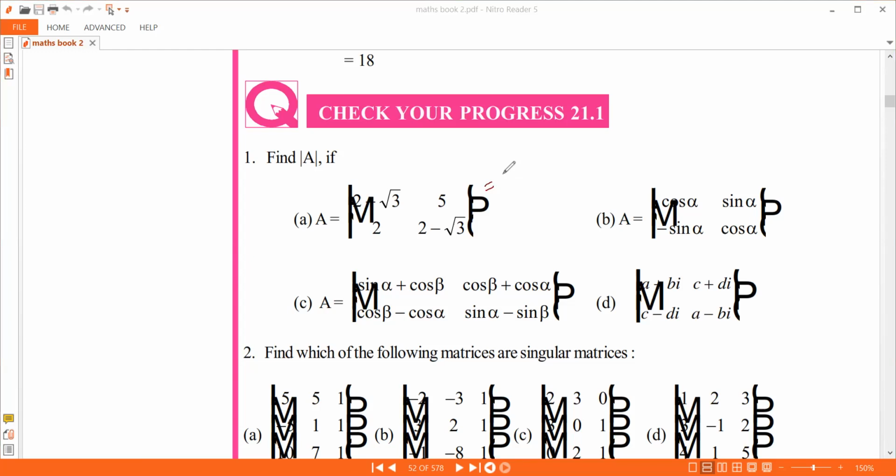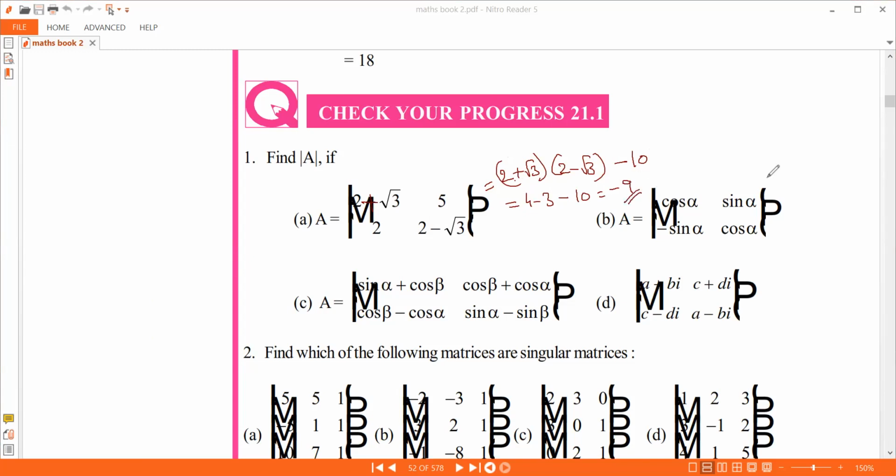So let's see this. This is 2 plus root 3 into... I think it's minus, no? Okay, 2 minus root 3. This, right, 2 plus root 3 only. They'll give it like that: 2 minus root 3, minus 2 into 5, that is 10. So this is 4 minus 3, right? A plus B into A minus B. 4 minus 3 is 1, minus 10. So it is 1 minus 10, that is minus 9.